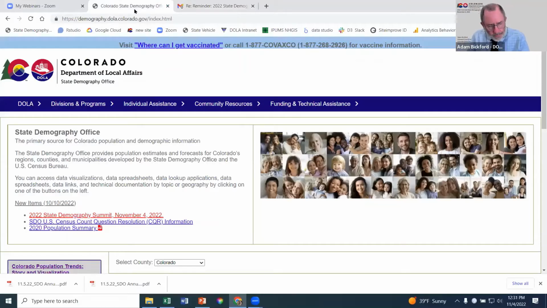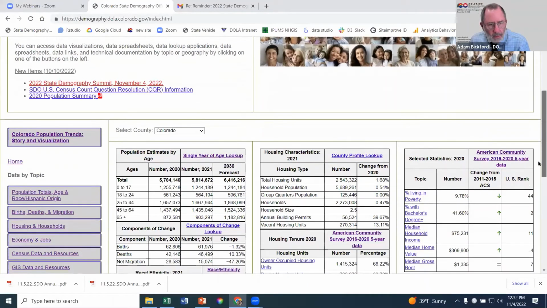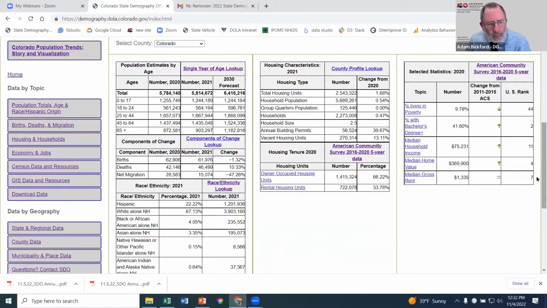This is our webpage, and over the past year, we've redesigned the entire page to help improve the organization of the data resources and help people get to things. So we're going to walk through a little bit of the layout of this page before sending things on to Todd, who's going to talk about some mapping. The first thing that you'll see here in the